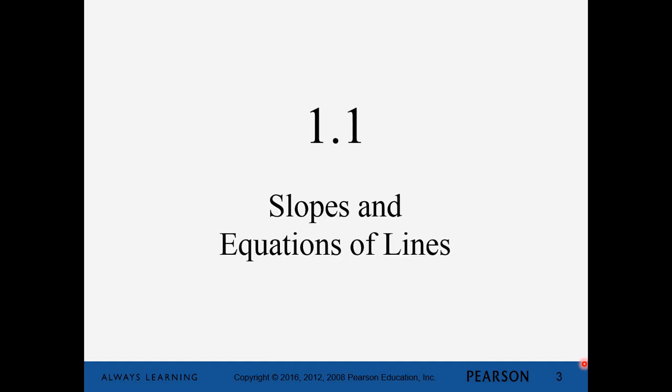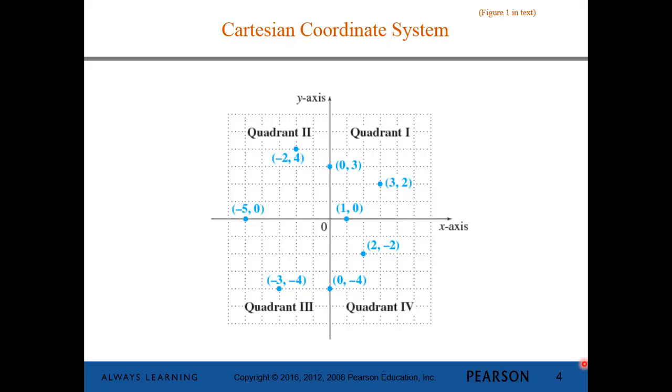Okay, so section 1.1 is slopes and equations of lines. So this is an example of a coordinate system. This is the Cartesian coordinate system, named after a very famous mathematician and philosopher, Rene Descartes. The way the Cartesian system works is that we have a rectangular coordinate system where we can describe the position of a point by giving two coordinates in an x